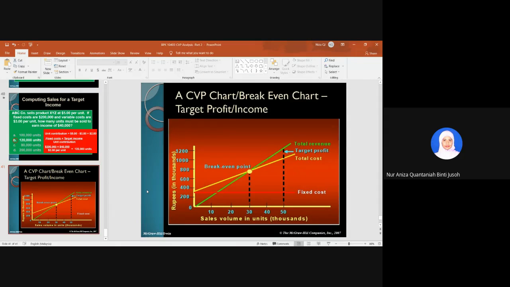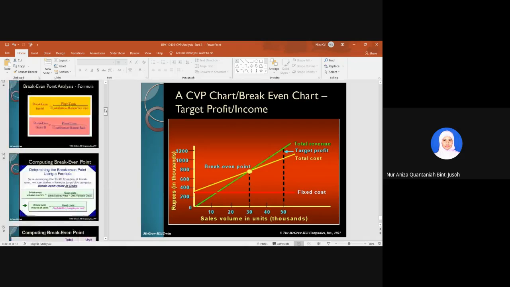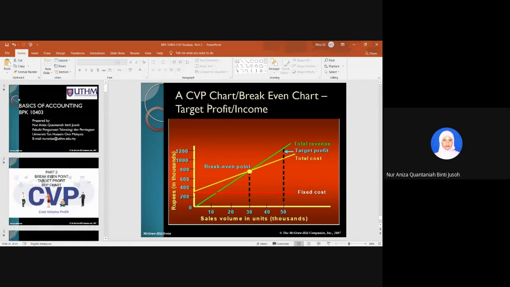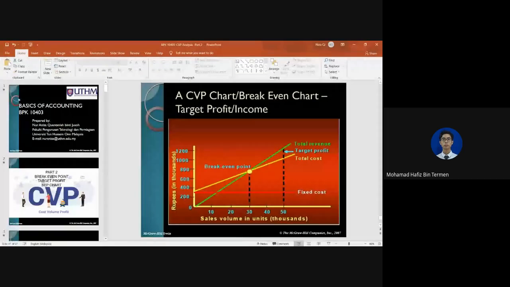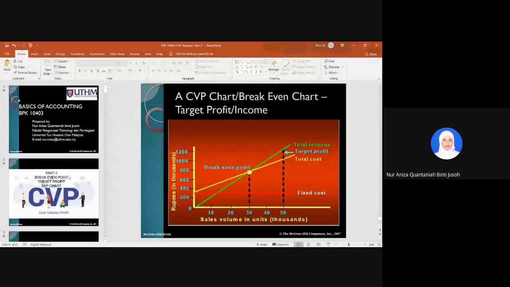So that is part 2. Boleh digest, banyak formula. Can you still digest? Boleh betul. Okay, ada lagi a few formula. Jap, saya stopkan yang ni. Saya share lagi yang